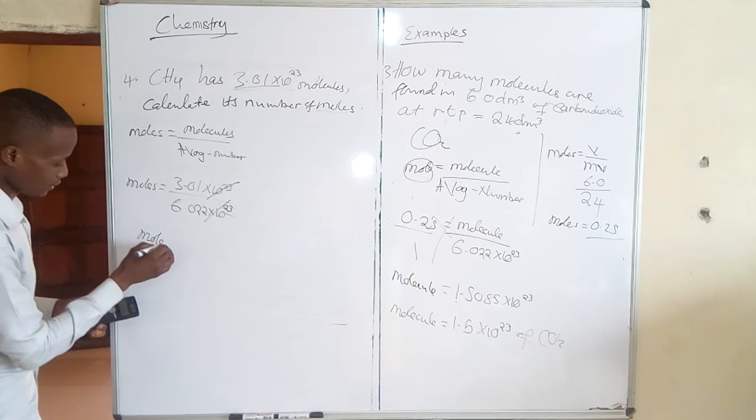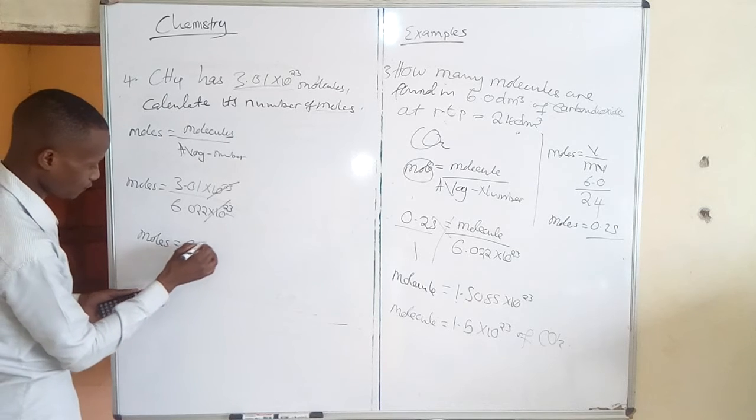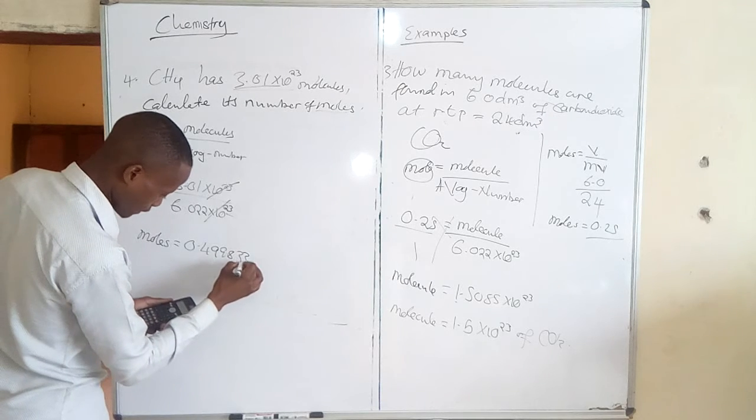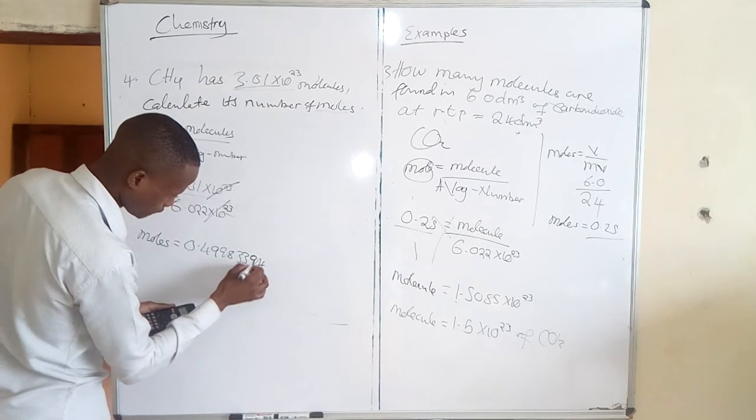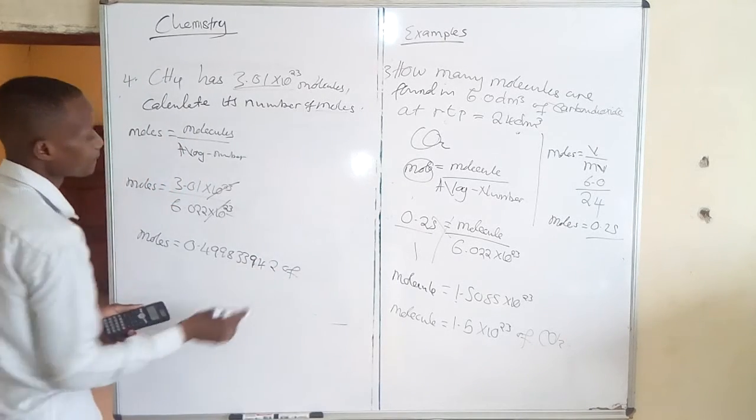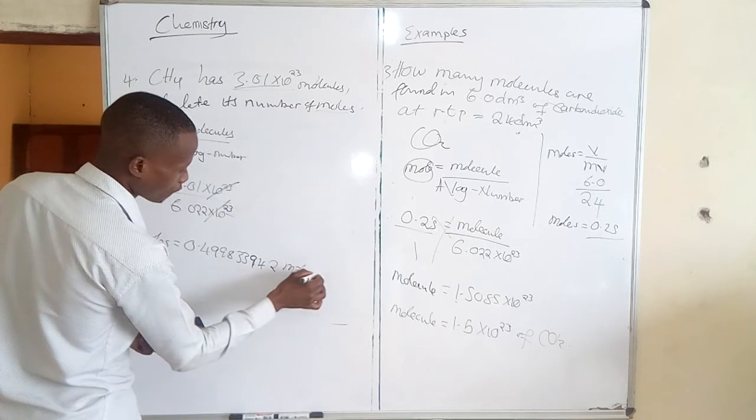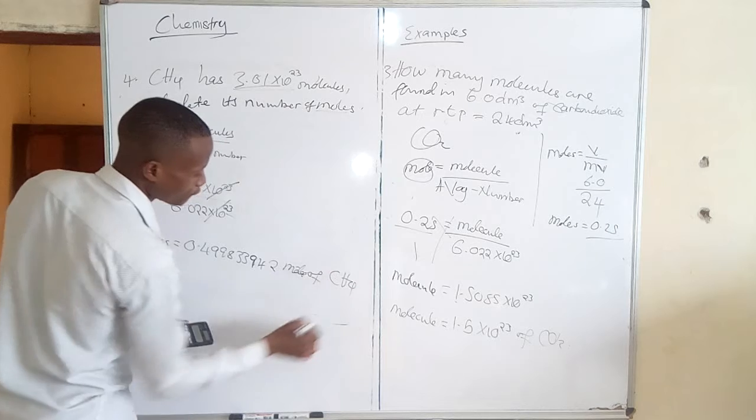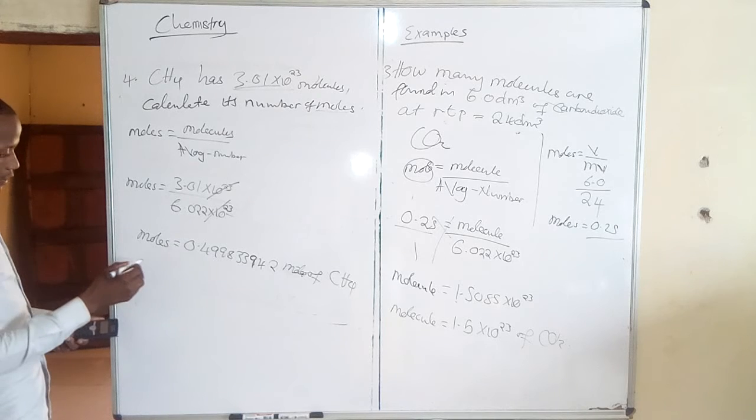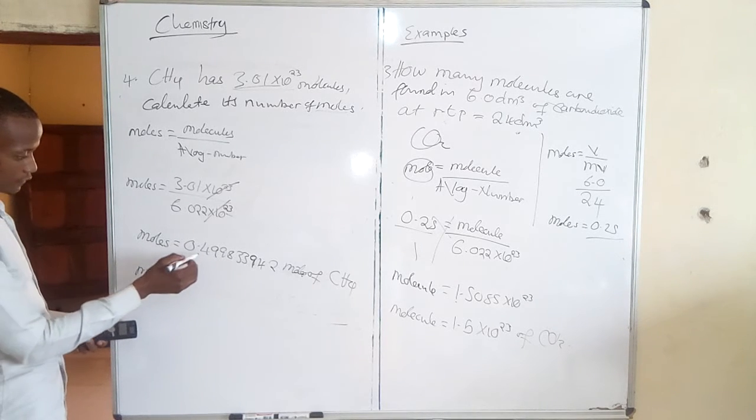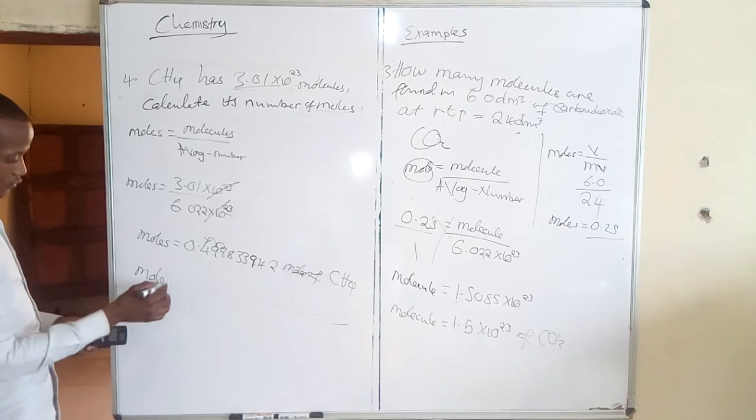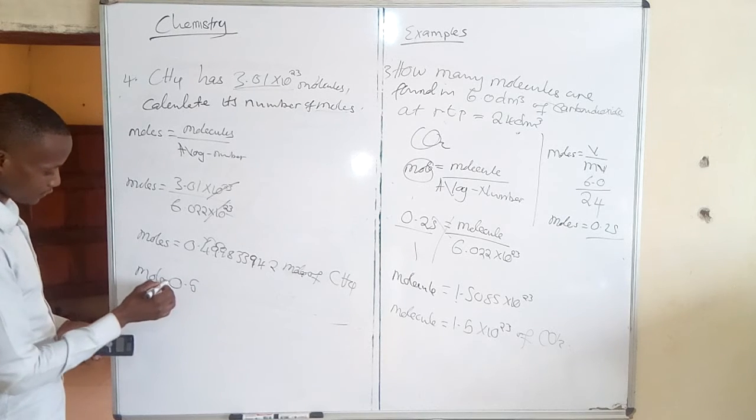So we are getting number of moles equals 0.49983394 moles of CH4. So we have found the number of moles. We just leave it correct to 2 or 1 significant figure. If you want to leave it to 1 significant figure, you get 1 there, times the 10, you write a 0 there, the 1 goes there, times the 5. So we have 0.5 moles